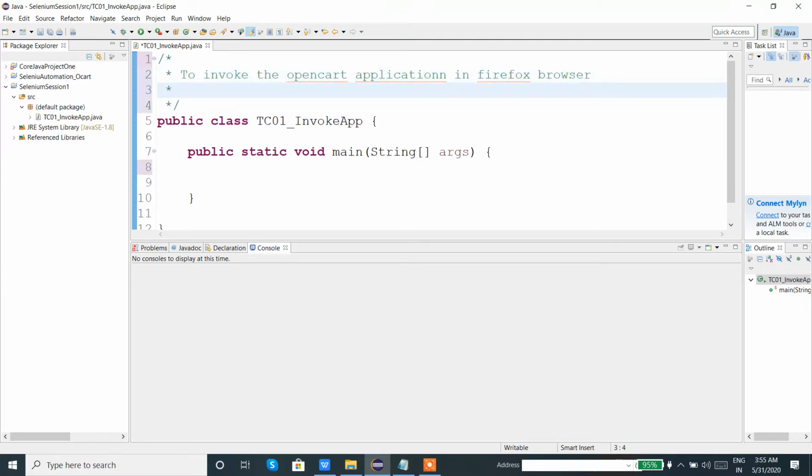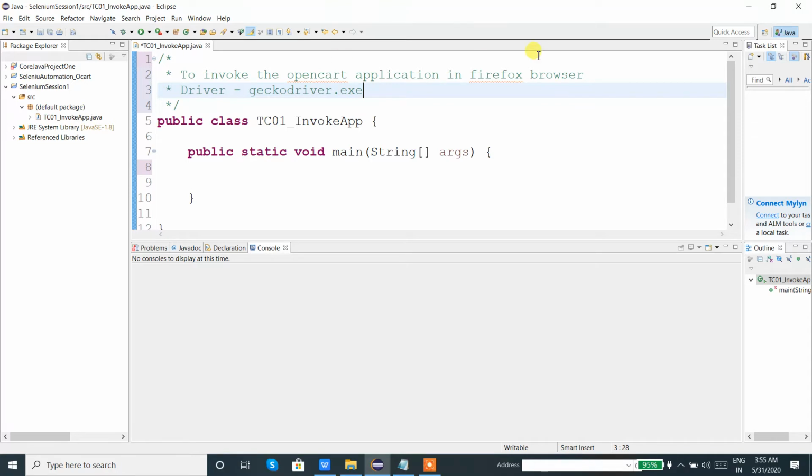We are using the driver called Gecko driver. It is an exe file which we already downloaded and saved somewhere.